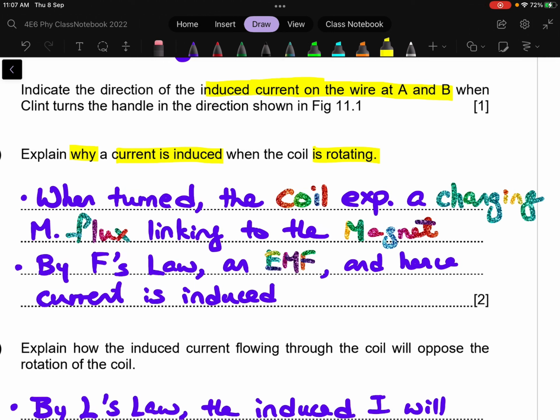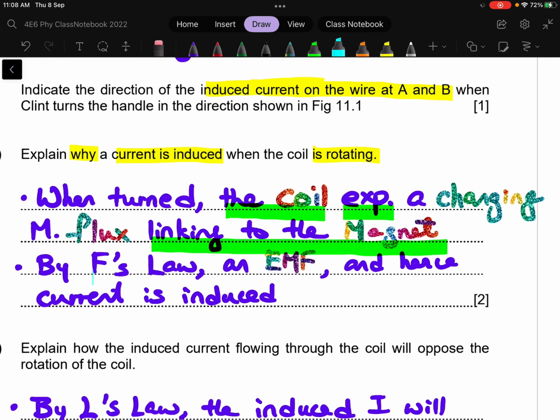You need to tell me the keyword, the object, which is the coil, that is the conductor, that's our subject, and I want to see the keyword experience. Then I need to know that it is a changing magnetic flux. It is not a change, it is changing because you are rotating. It is not increase or decrease because you are rotating, it is always changing. So changing magnetic flux, and I expect to see these exact words and phrasing